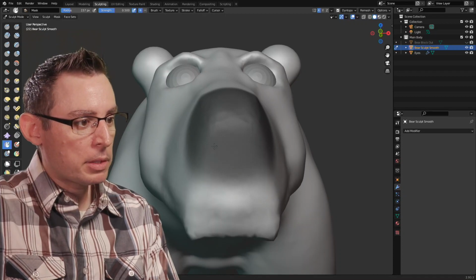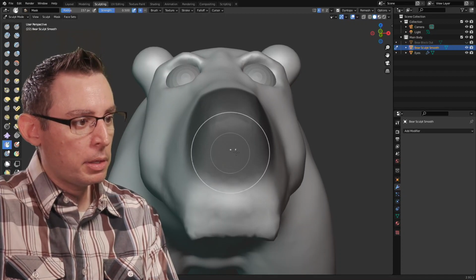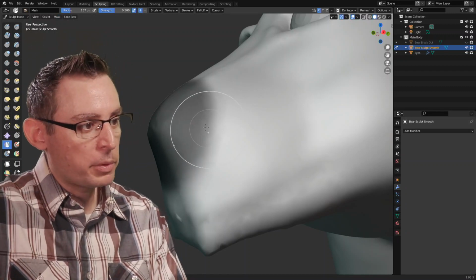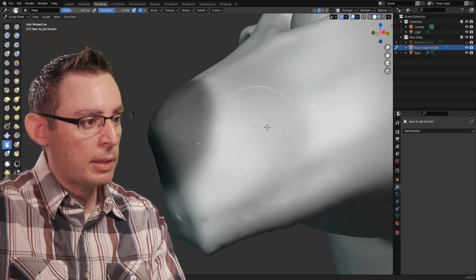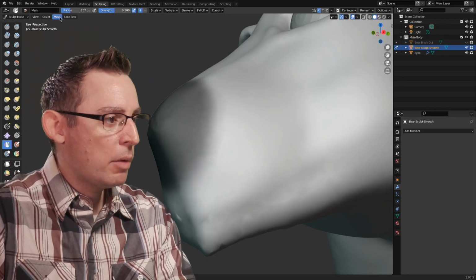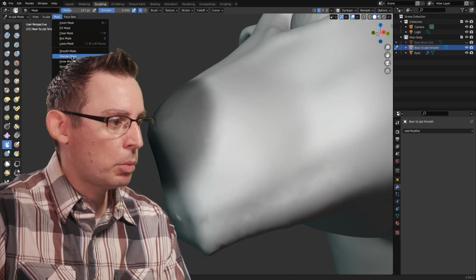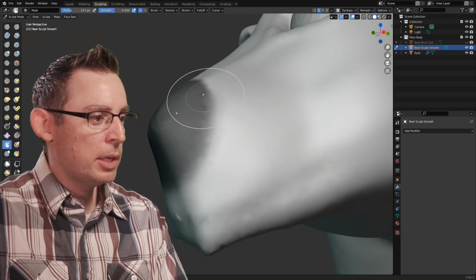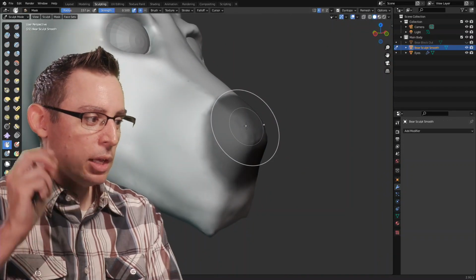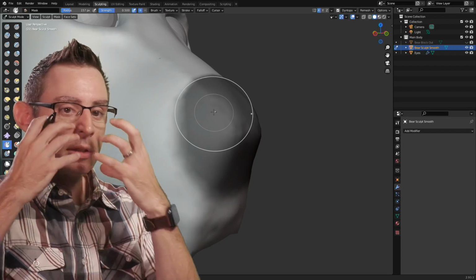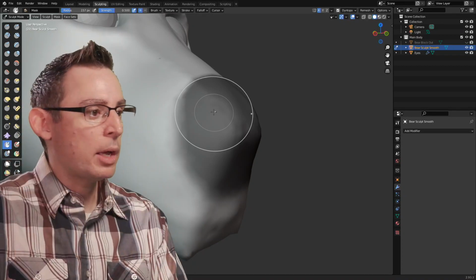Okay, I want to make this bottom area a little bit sharper. In addition, the falloff between the interior of the mask and the outside of the mask is a little too soft. I want to crisp it up a little bit. If we go into the mask pull down menu, what we're looking for is sharpen mask. And I may do this a couple times just to make that transition a little bit sharper. Yeah, digging it.